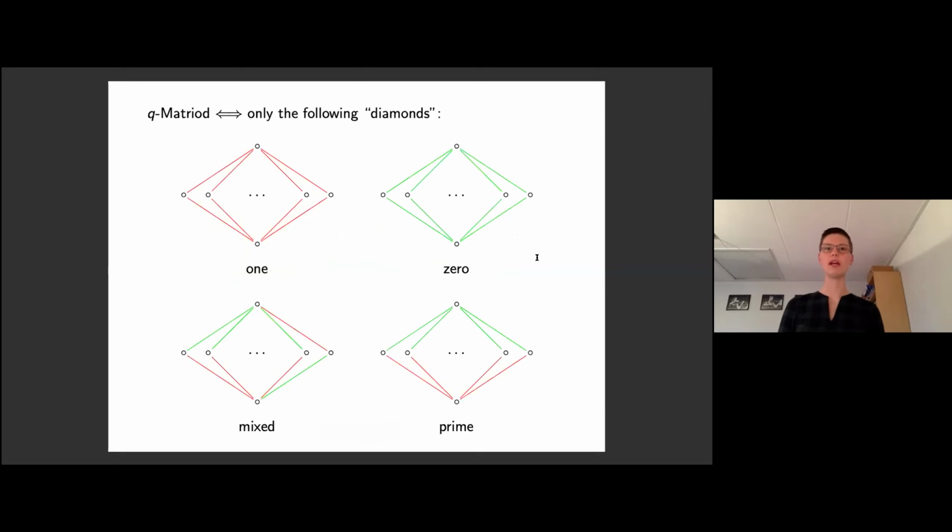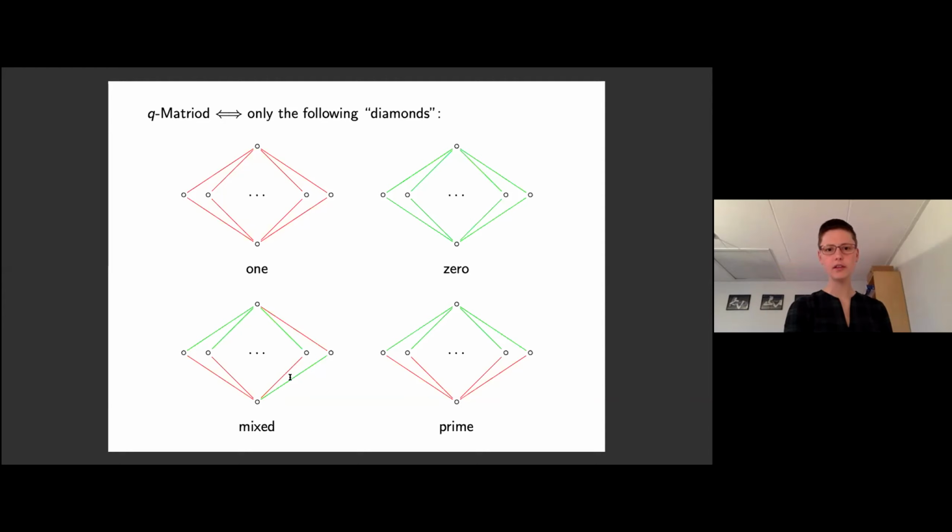Now, for a q-matroid, it turns out you can do something similar. If you look at all the diamonds, well, in a sense they look more like diamonds, but that depends on how you think a diamond should look. If you take the intervals of height 2, then either everything is colored red, or everything is colored green. You can have all red below and then a green on top. But the interesting thing arises with the mixed one over here,